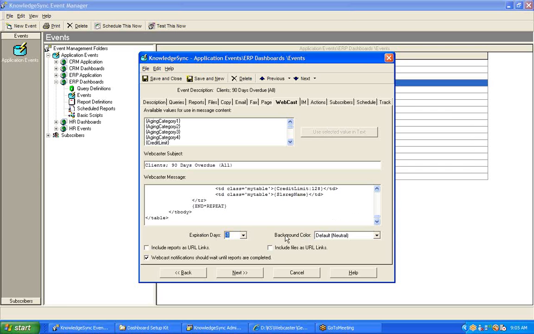Down at the bottom of the webcast tab, there are a few additional options I'd like to touch upon. The first is a field called expiration days, and you'll notice in my case it is set to -1. We do recommend that all dashboards be set to an expiration days of -1, as that tells KnowledgeSync every time the dashboard is refreshed, and that's controlled by the schedule that's associated with the dashboard event. The -1 tells KnowledgeSync to completely refresh the entire contents of the dashboard and show only those records that currently